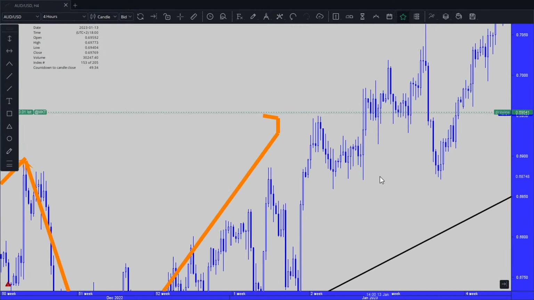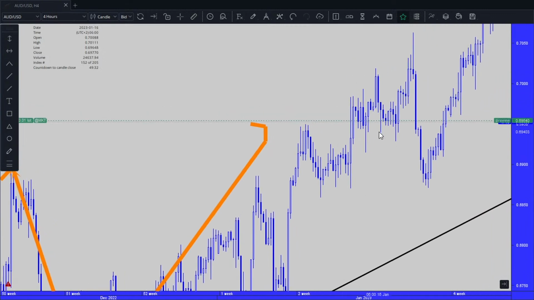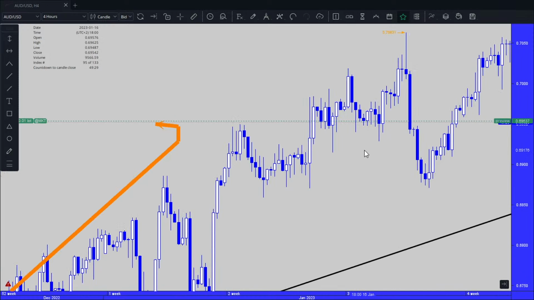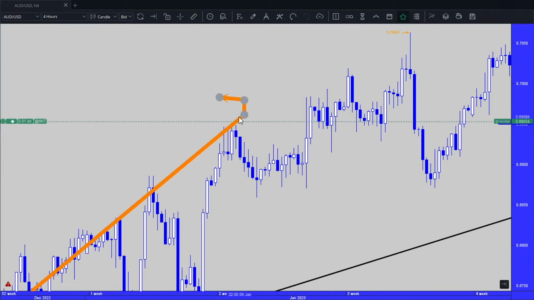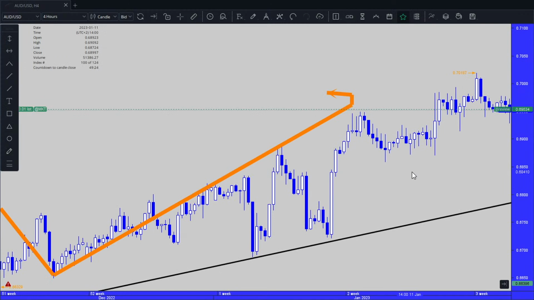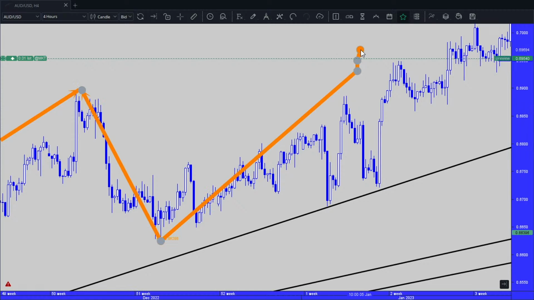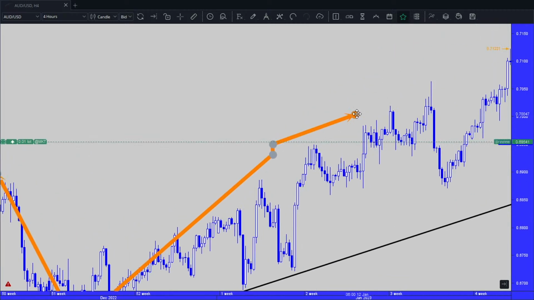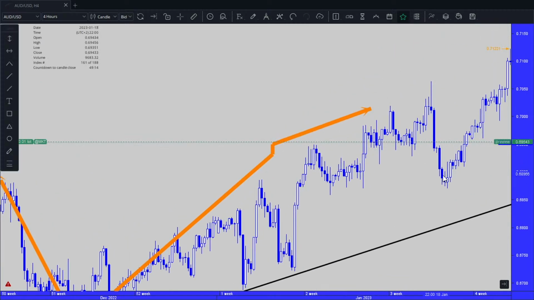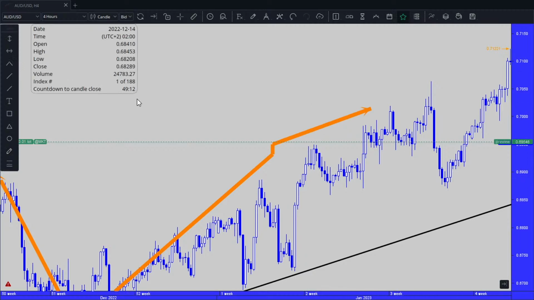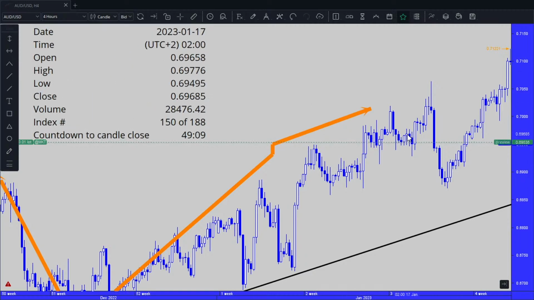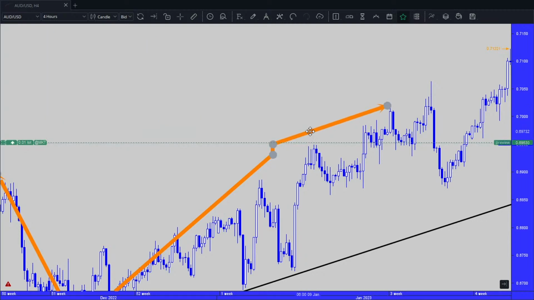Not a retracement, lower low, lower low. Let me see, this one is difficult. Lower low until here. There you go. High to low, and we're going here. Not sure about this. Give me a second. What is the high? 69776, and this is 69773, so it's lower. Okay, so it's this one.